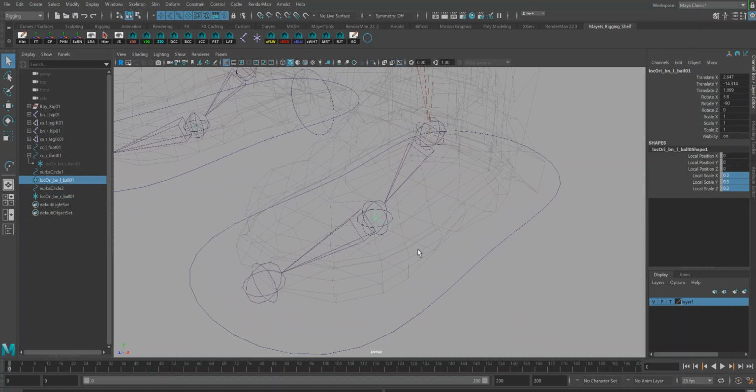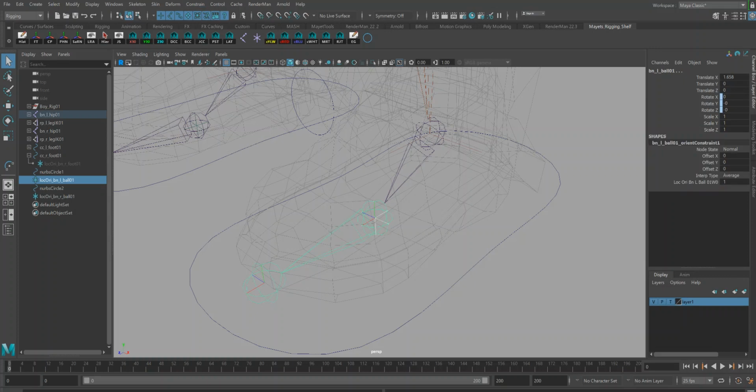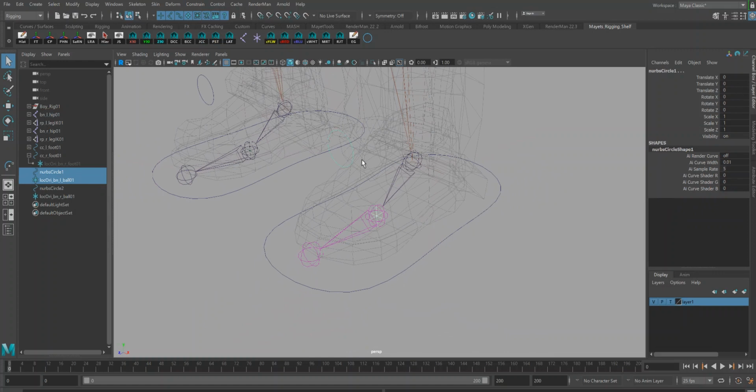All right, so with my locator on the left selected, I'm going to shift select the ball control and do constrain orient. And then I'm going to select my locator, shift select the actual ball control, and hit P to parent. You know what would also help is to name the ball control. So let's call it CC underscore L underscore ball 01. I am going to copy this name and then go here to the other one on the right hand, rename it,